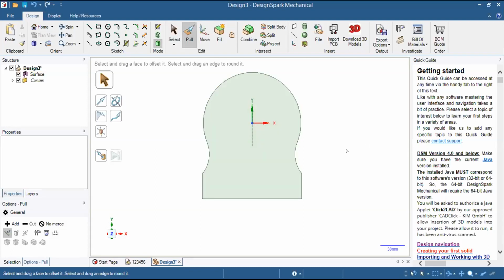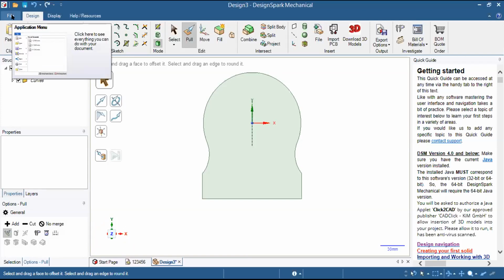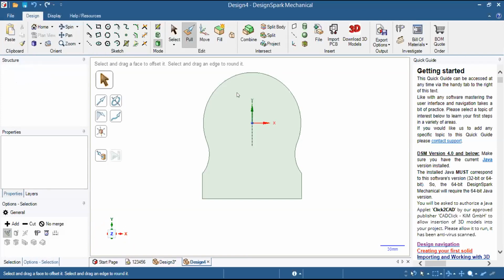Vishnupriya, how easy is it to repeat this? I don't think it will take much time, right? No, it will not take much time. It will be good if you repeat this, because this is the first time we are using the mirror and tangent arc. I think that will be really good. So I will repeat it in a new design. Yes, you can do it in a new one, because the mirror command is from the starting only. Okay, I'll explain.